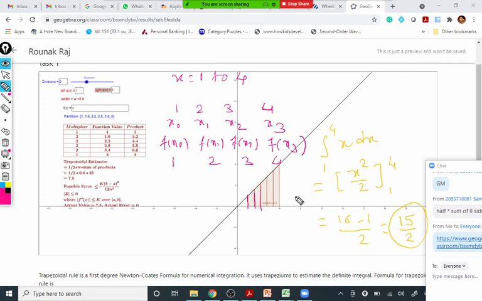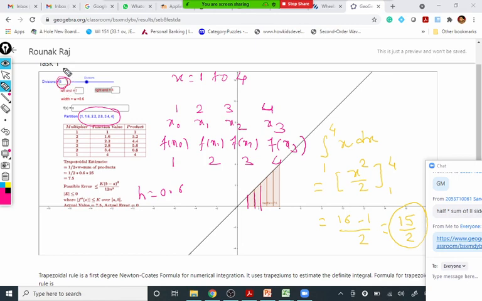Here, the step size is not taken as 1. The step size is taken as 0.5. So it may happen that you'll observe different step sizes. Then there may be some random partitions, 1, 1.6, 2.2, 2.8, 3.4, and 4. They have taken h equal to 0.6, because you have to see how many divisions are made. N is equal to 5.